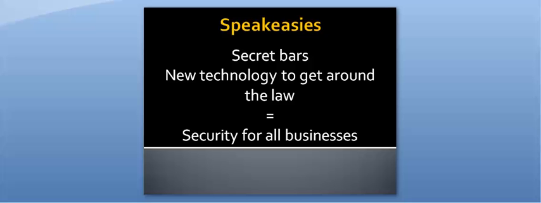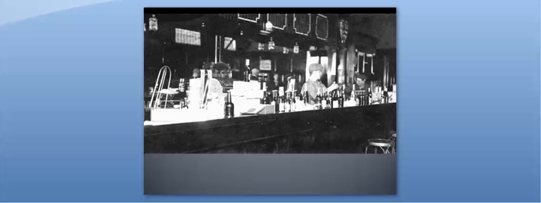The desire of the public to consume alcohol also led to the rise of speakeasies, or secret bars. These bars, or clubs, were created so people felt relatively safe consuming their illegal drinks. Secret knocks, code words, and back rooms developed. Eventually, some speakeasies had secret passages to transport alcohol into the buildings from ports that were far from the building. So they had these whole tunnels and everything. They had shelves that dropped at the push of a button to destroy evidence. They had warning systems in case a police raid occurred. Getting around the law led to new technologies that actually became security measures for all businesses, not just illegal businesses.